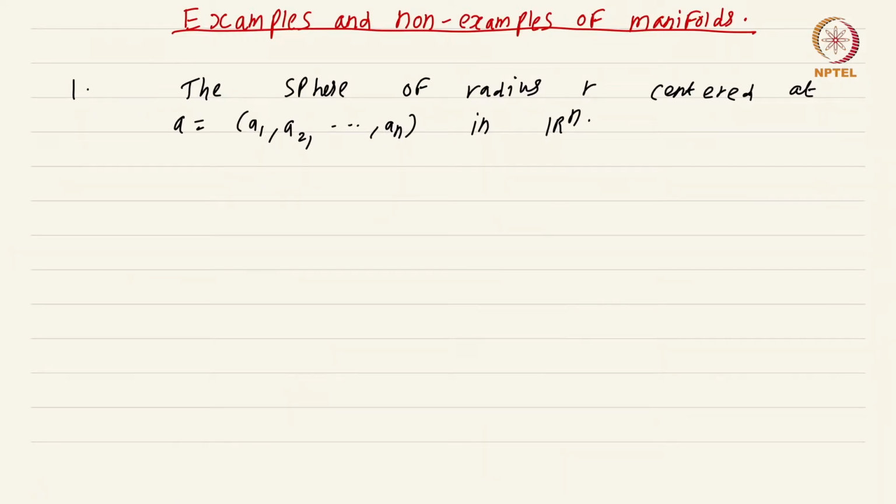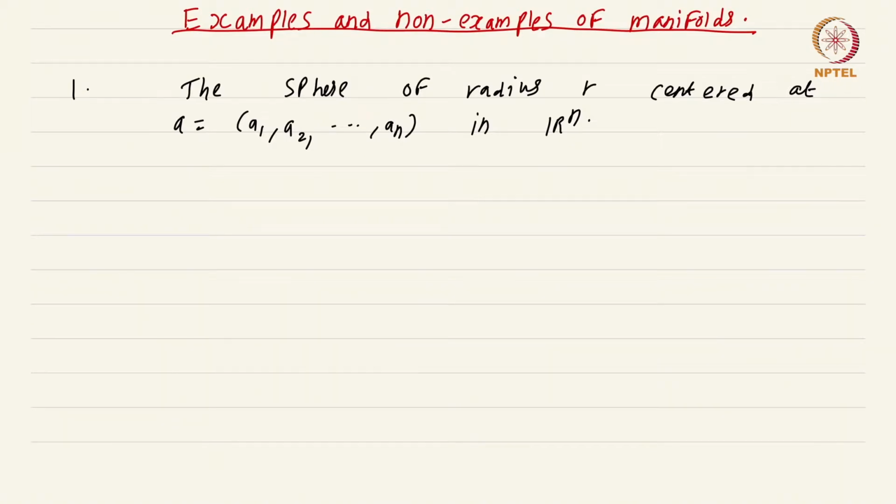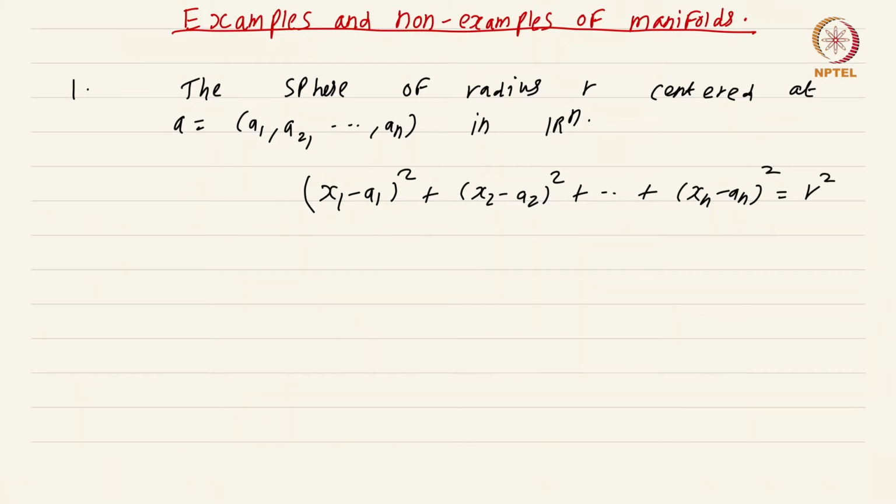So this is the sphere of radius r centered at the vector a1, a2 dot dot dot an in Rn. So the equation of such a sphere is easily seen to be x1 minus a1 squared plus x2 minus a2 squared plus dot dot dot xn minus an squared equal to r squared. This is from basic analytic geometry. You know that this is the equation of the sphere centered at the point a1, a2 dot dot dot an